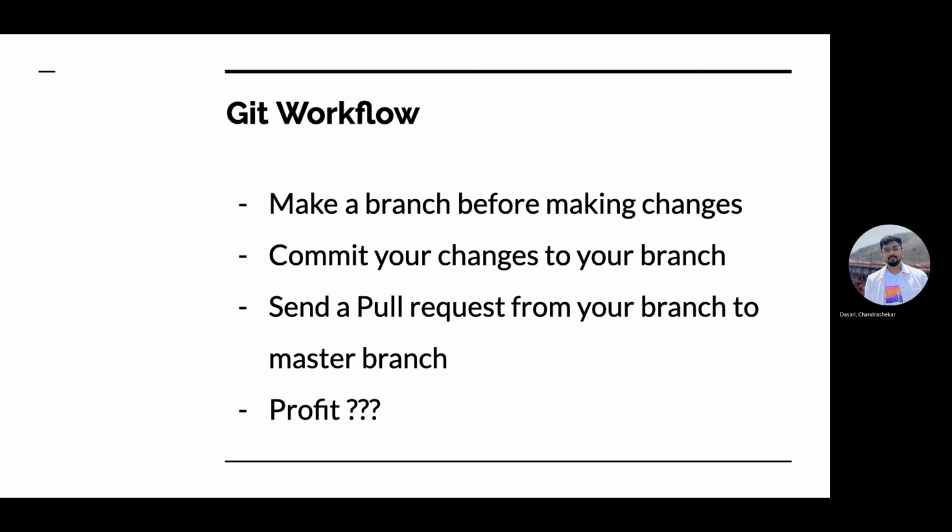Okay. After you make changes to your branch, you can send a pull request. A pull request is basically a request for the repository owner to merge your branch with the master branch. After you're done with all of your changes and you make sure it works on your end, that's when you send a pull request, and someone reviews it, it gets merged on the master branch, and you're done with your work. That's basically it. That's the essential workflow.